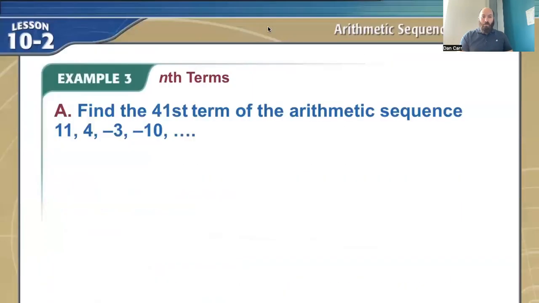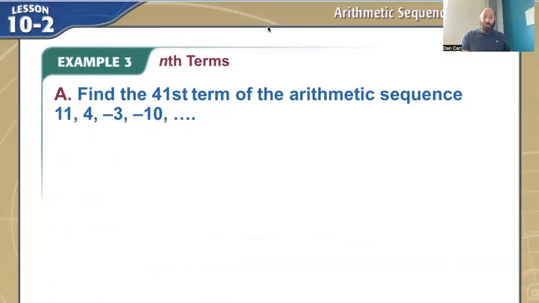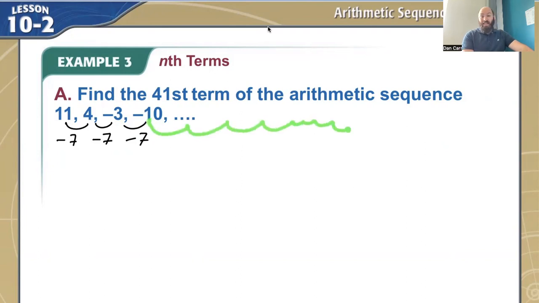So let's find the 41st term of this arithmetic sequence. Now, technically speaking, I've got 4 terms in. If I analyze the pattern, which in this case is minus 7 as I go through, I could, if I really wanted to, just keep going, minus 7, minus 7, minus 7. That's going to be a while. That's a lot of work, and it might be tough to keep track of that. So the goal here is let's model this with an explicit rule,